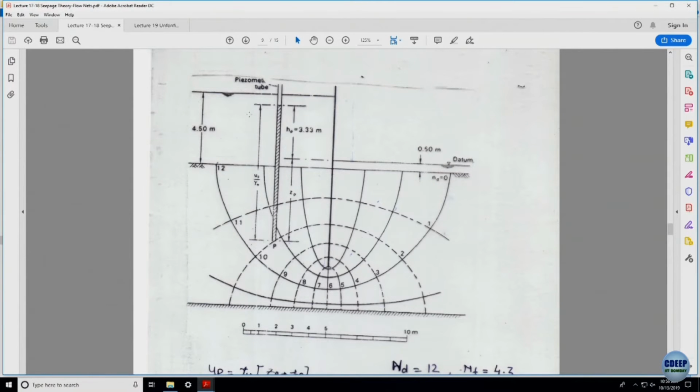I will move on to another interesting problem. There is a sheet pile, and I would like to find out what is the pressure which is getting exerted on the sheet pile along its depth. So, this pressure is because of the seepage. In the second course, when we are dealing with the earth pressure theory, we will find out the earth pressure which is coming on the sheet pile, and then the combination of the two will give you the total pressure which is acting on the system. The concepts remain same.